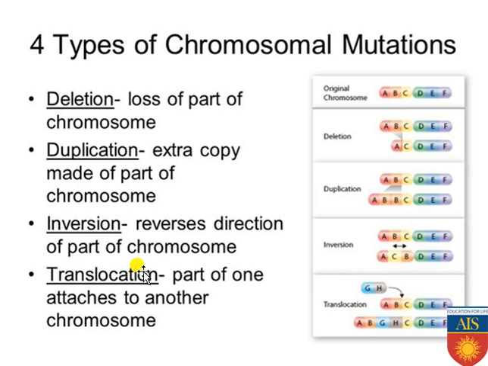First one is deletion. Deletion is a type of mutation where a small part of the chromosome is getting deleted or lost. So that is called deletion mutation. Duplication: if a small part of the chromosome is getting duplicated multiple times, and the duplicated parts are all getting attached to the chromosome, and the chromosomal length keeps increasing, then that kind of mutation is commonly known as